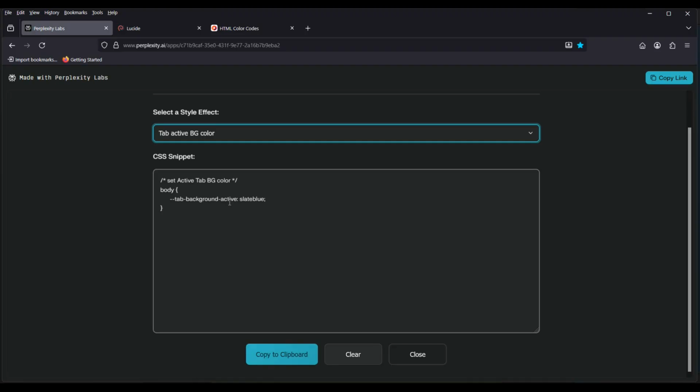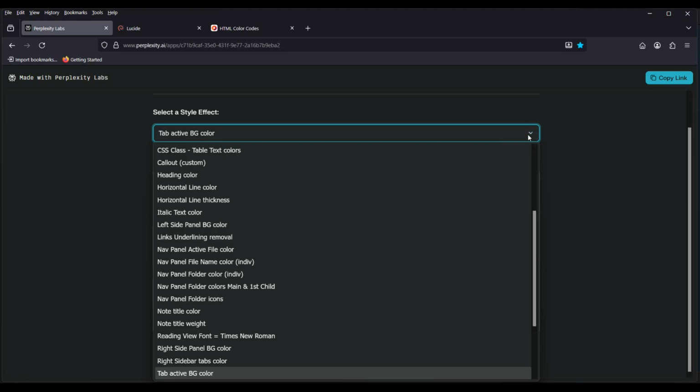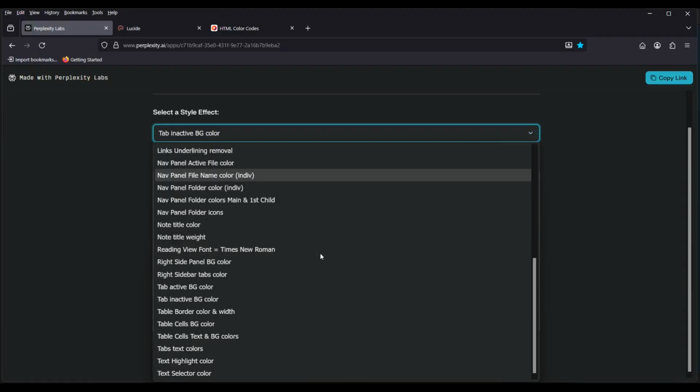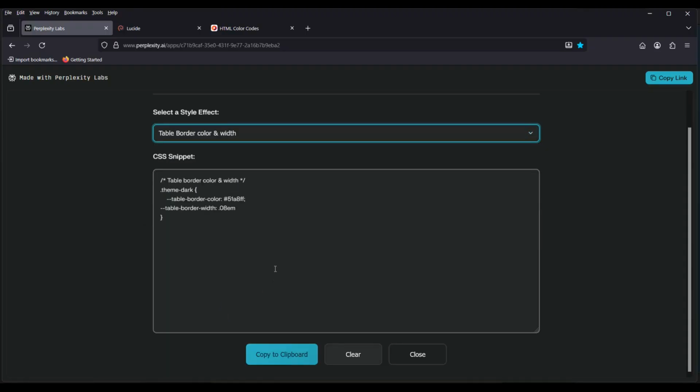I have separate code for the inactive one. So this sets the active tab color in the work area. This one sets the inactive tab color. That's dark slate blue. That's why it looks like the same color, just a little darker. This sets the color and width of table borders. So if you want to change the border color of the table and you want to change the width, you